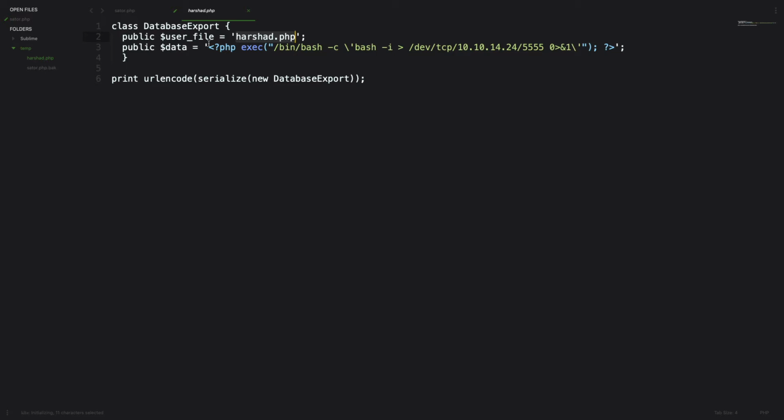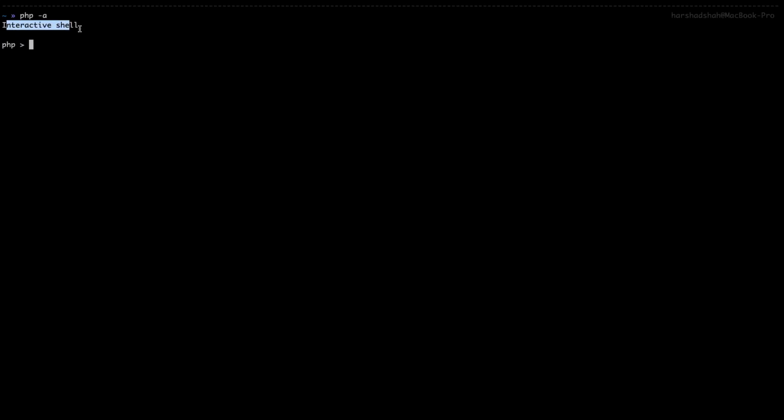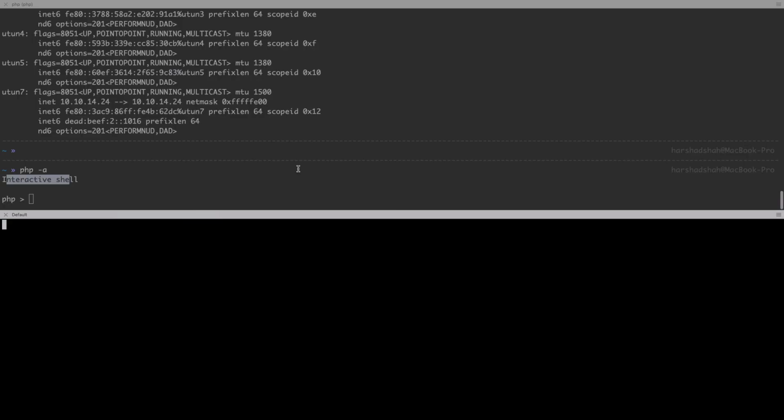Then I'm going to interact using the php -a command. If you go to the terminal, you can simply type this command, php -a. This is kind of an interactive shell, just like we use Python. Type Python and press enter, and you'll see this interactive shell. I'll split this horizontally.